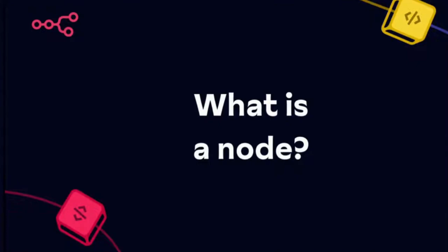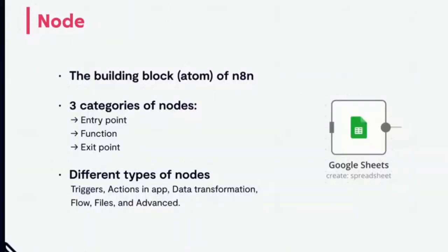Types of n8n nodes. The node is really the atom of n8n, and every workflow is built by connecting consecutive nodes. There are three main categories of nodes: entry points, which are going to be your triggers, functions that allow you to transform, filter, or format data, and exit points that are going to be your apps or applications, as we